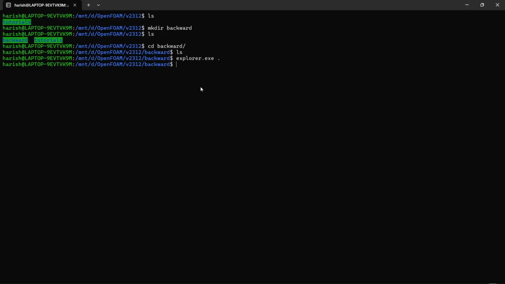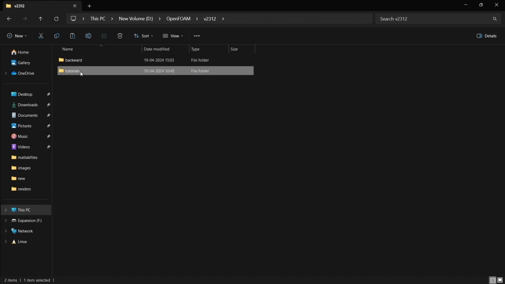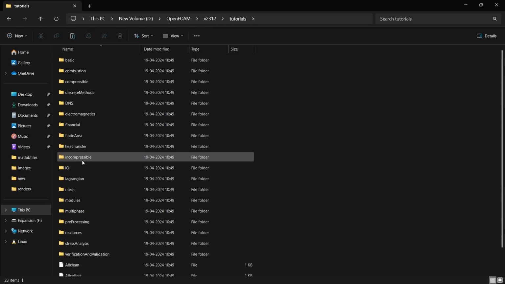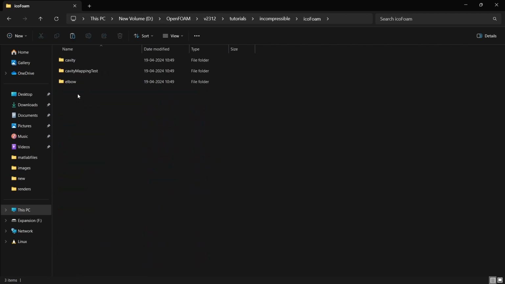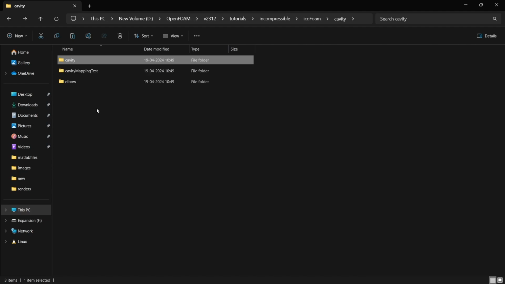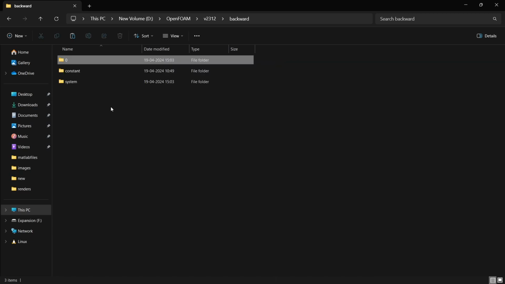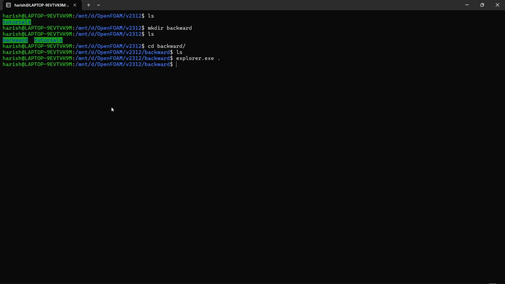Now what we are going to do is copy an icoFoam case. So the location will be, once you enter the tutorials, we will be having all of these. In incompressible you will have icoFoam, inside that you will have cavity, inside that again you will have a cavity. So you just copy all these three folders, 0, constant and system, and go back to your backward folder and paste it here. Okay, so when you go to your terminal and type ls, now you can see 0, constant